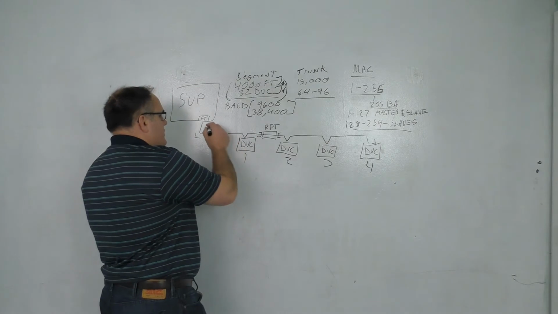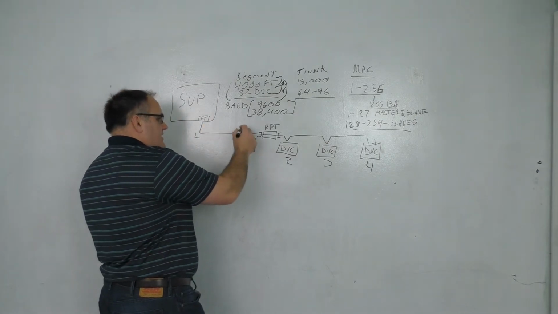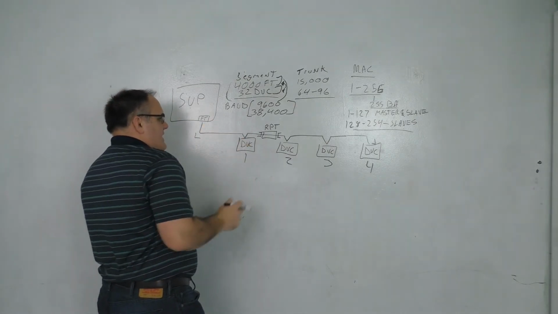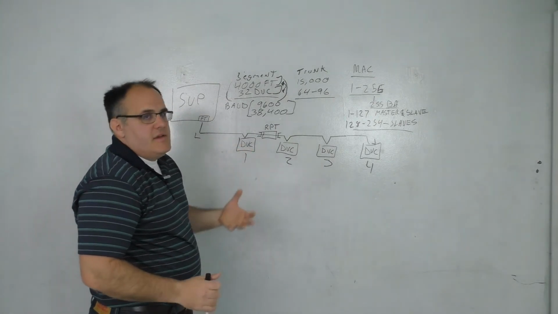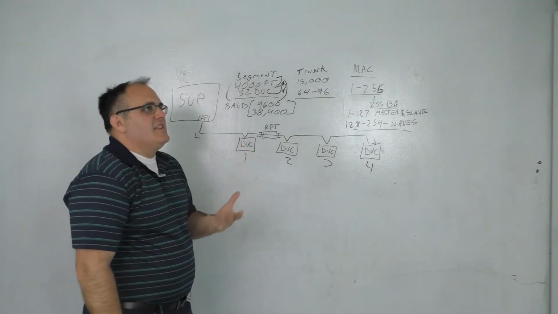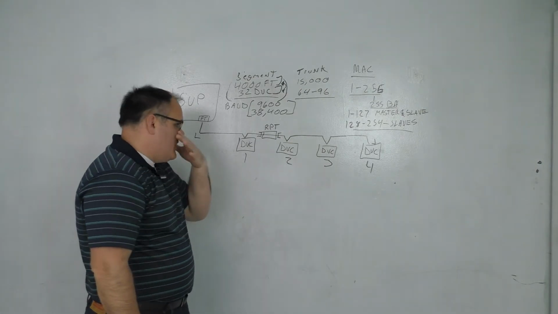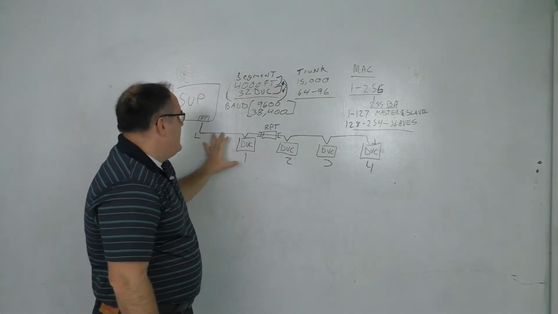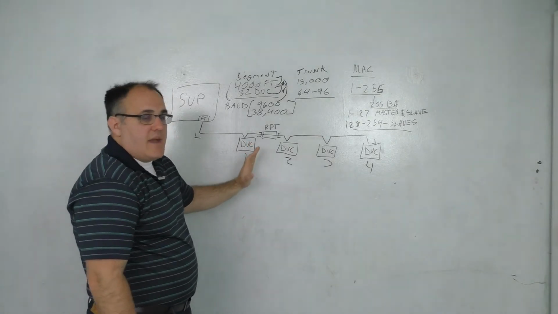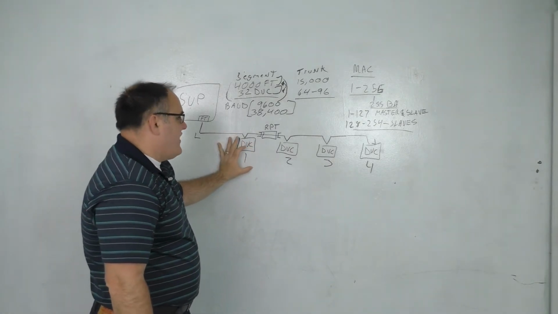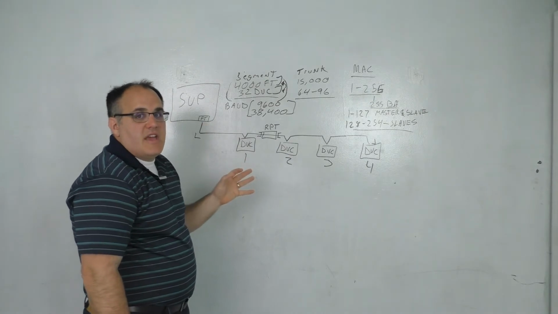This trunk will get a token, and this token is a message, and it will pass in the frame. I believe it's frame ID 1 that is the token. It may be 0, I think it's 1 though. And it gets frame type 1, and that tells the device that it can communicate for a certain